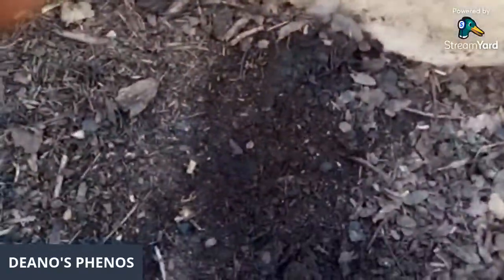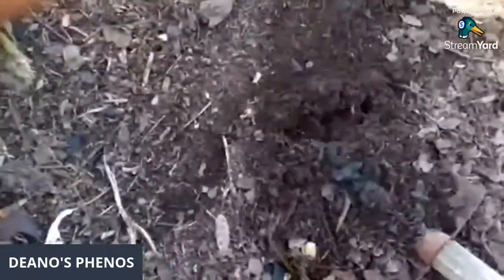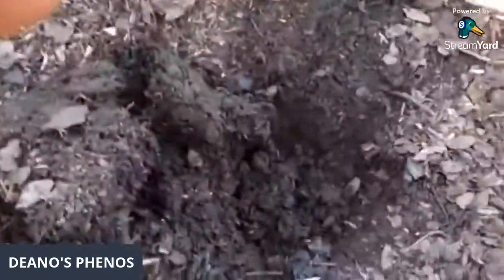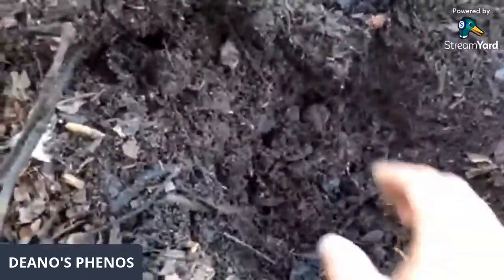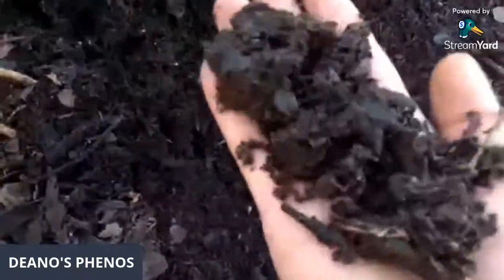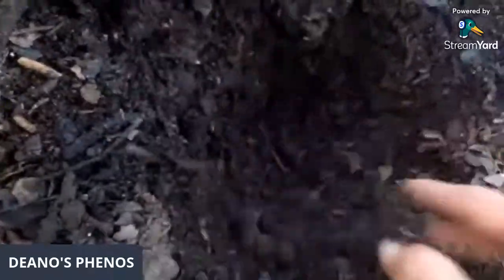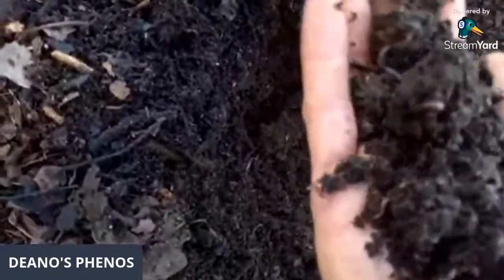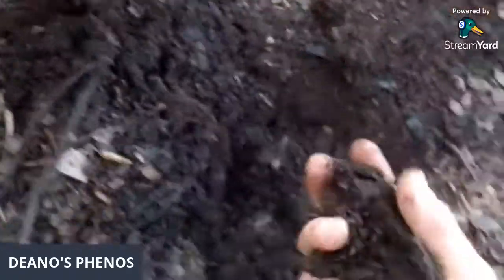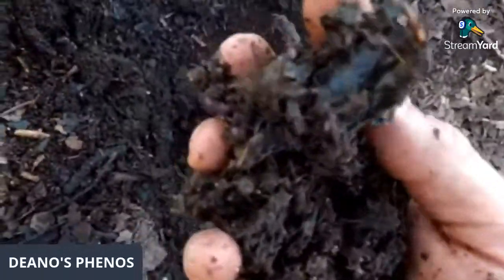Look at all this life already in my soil, or in the casting. You'll see the red wigglers. Nice. And as you can see, it's grassy. It's still grassy